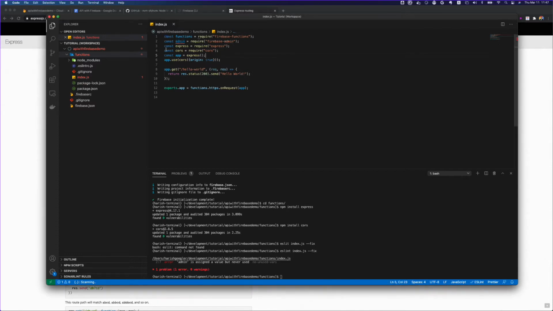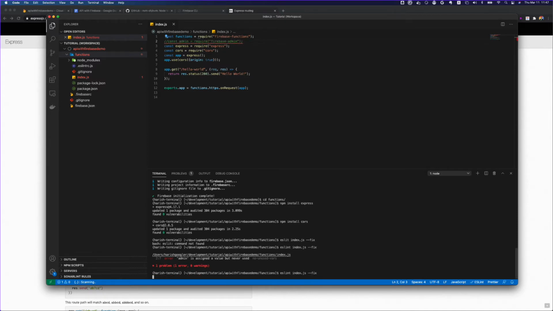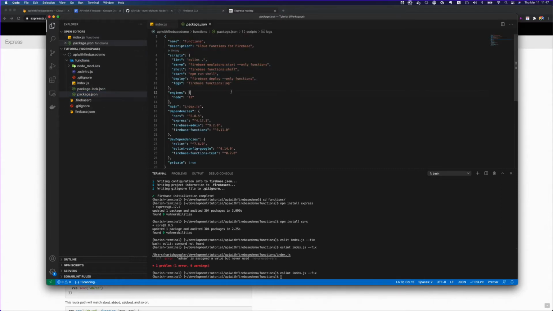As a next step, let's uncomment this, and let's actually try to run it. I'll show you how to run it on local, and even without accessing the database we should be able to do it. Here in the package.json there is a command called firebase emulators:start --only functions.